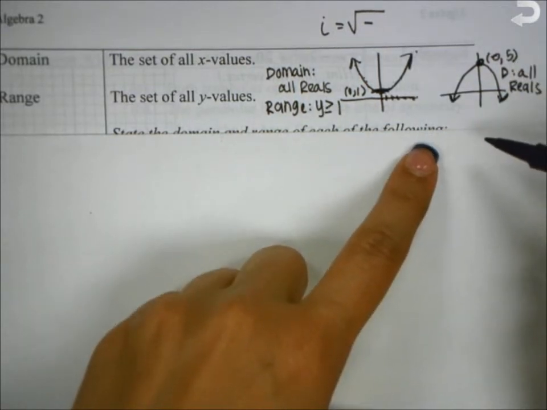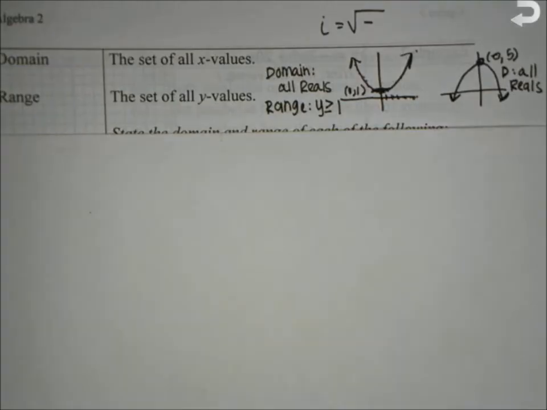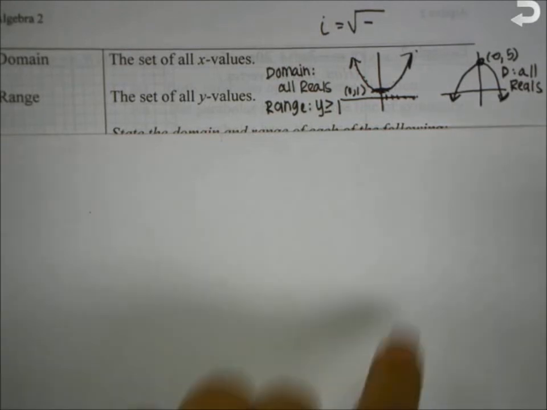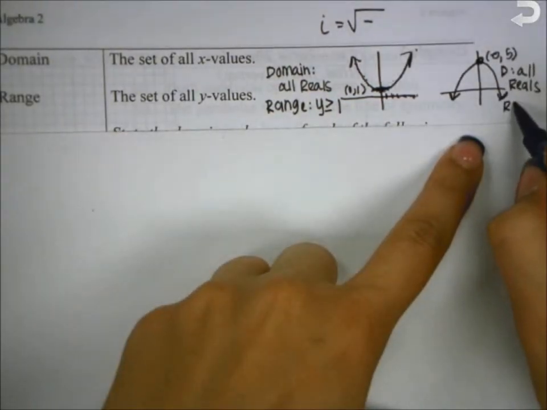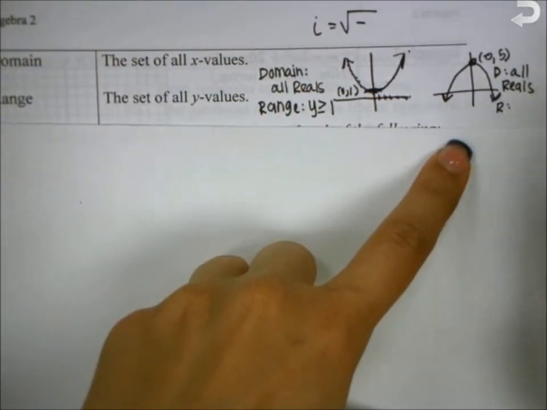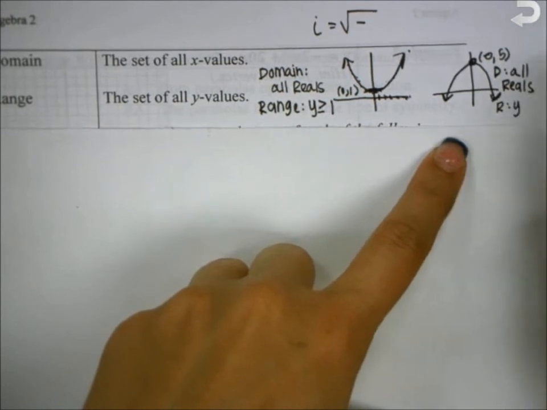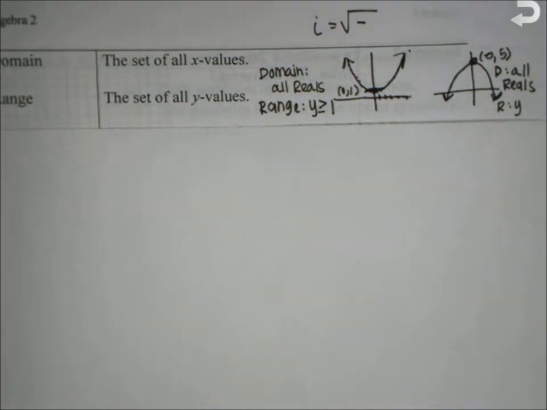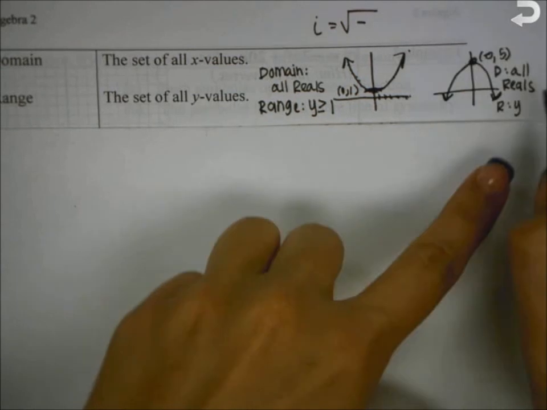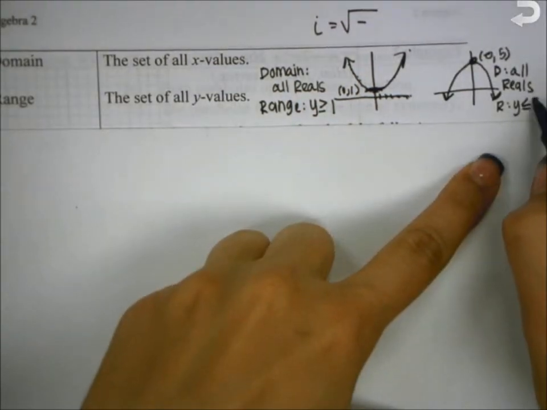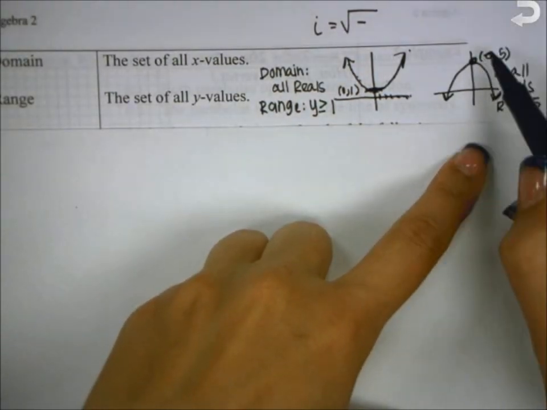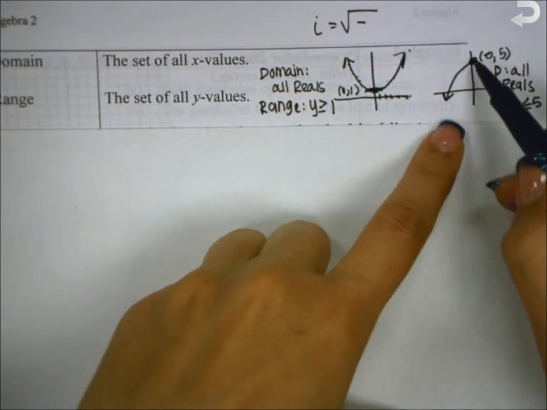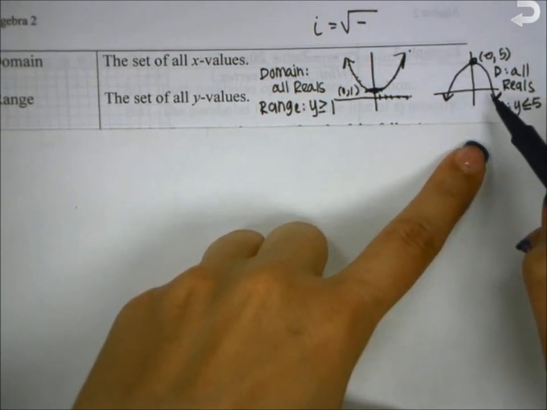Okay, what would range be here? Y greater than or equal to y. Okay, Chaseng says greater than or equal to. Caleb says less than. What do you guys think? Oh yeah. It has to be less than, right? Less than or equal to positive 5. Because we can only get y values that are less than or equal to positive 5. Does that make sense? So that's what we're doing for these next couple of examples. So we have y equals